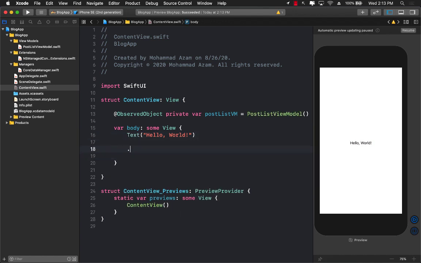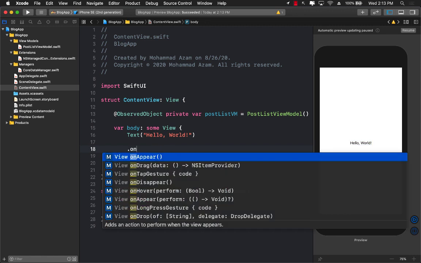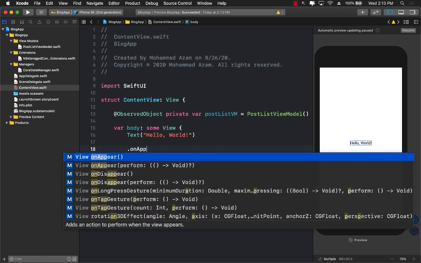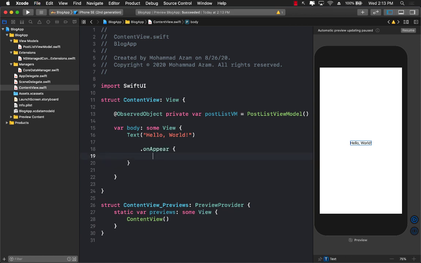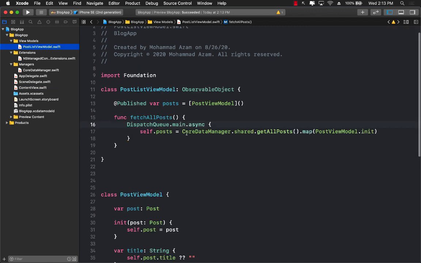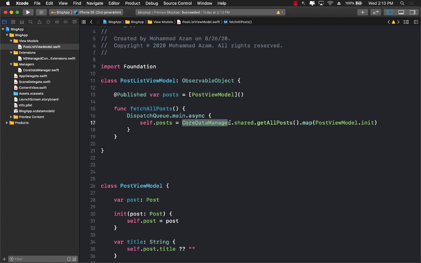Now let's go inside the body and call onAppear. And inside the onAppear, we can perform some action. So we can do a self.postListViewModel.fetchAllPost, which is going to ask core data to give us all the posts. So you can see fetchAllPost is going to call core data manager.share.getAllPosts, get all the posts, and then assign it to self.post, which is declared right over here. And then since this is marked with published, we are going to get a notification in our view,